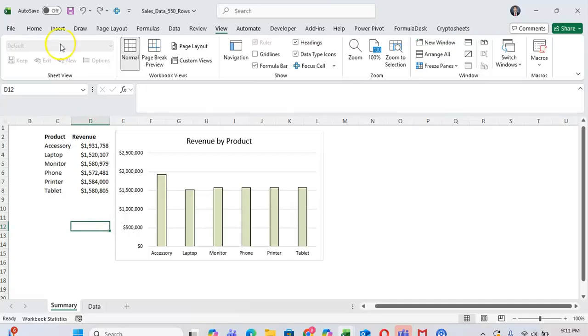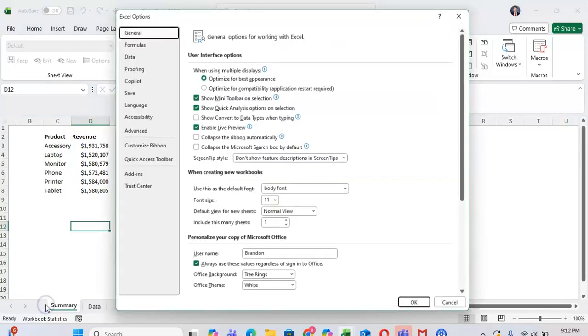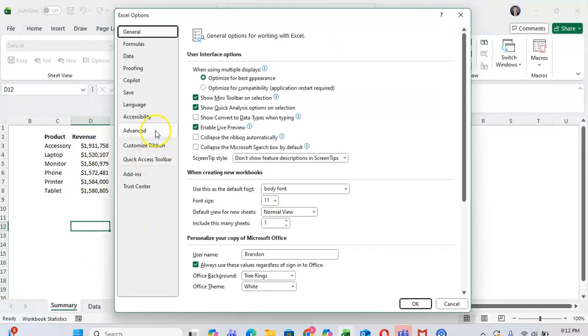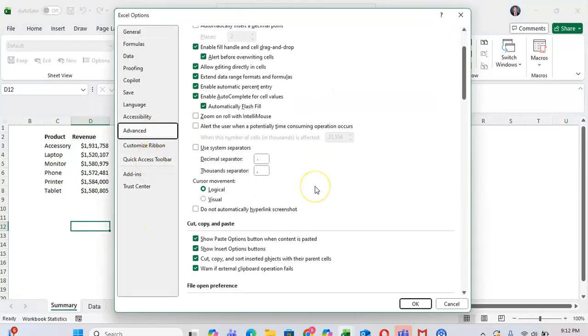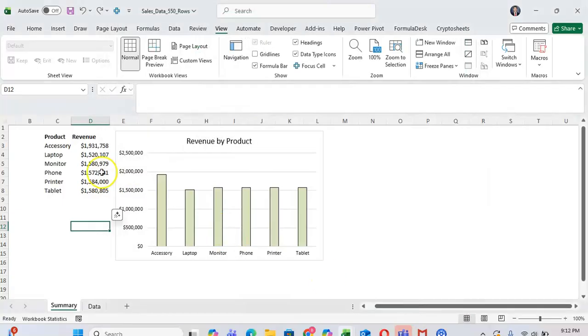To have this happen, you can go to File, all the way down to Options, and then from here, you're going to want to click on Advanced, where you're going to want to scroll down a bit and you're going to see cut, copy, and paste, where the third option right here is cut, copy, and sort inserted objects with the parent cells. Now, by default, this is checked, but when you uncheck this box and then click OK, now